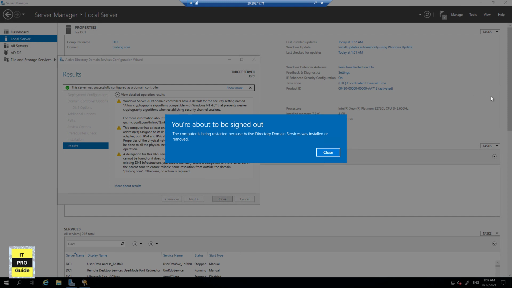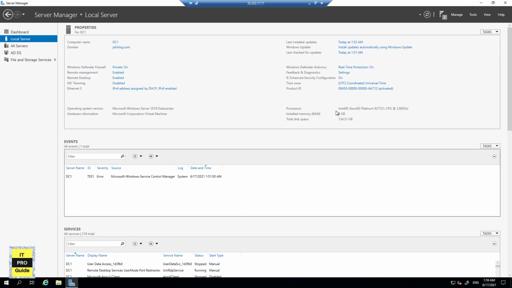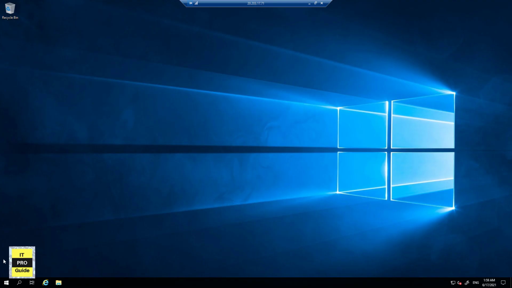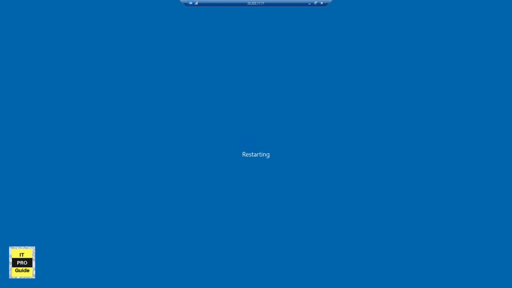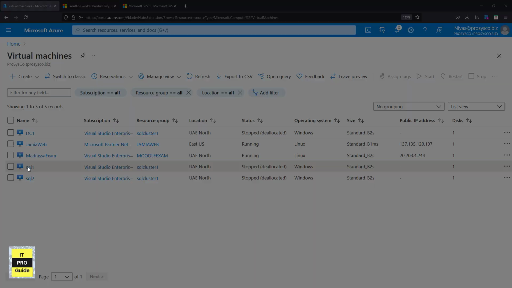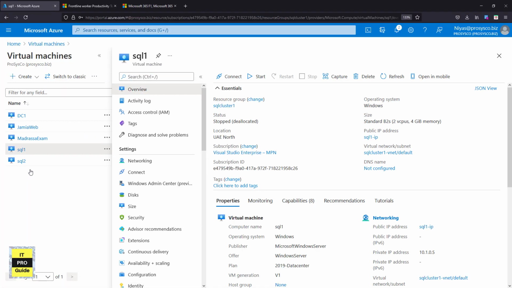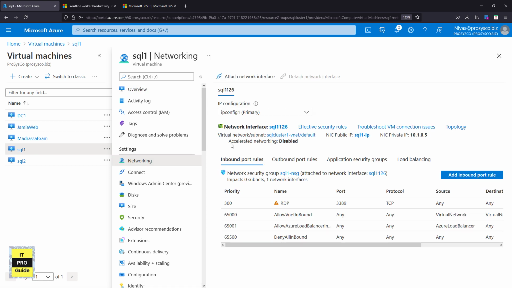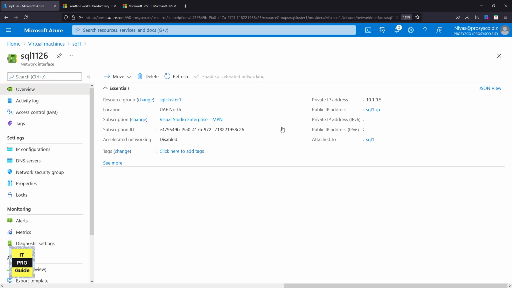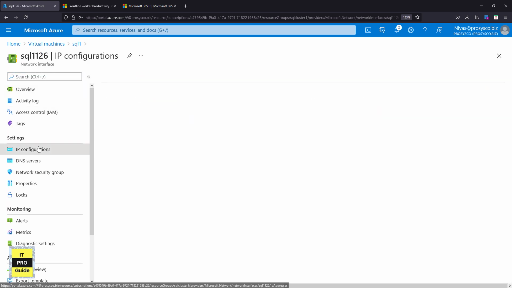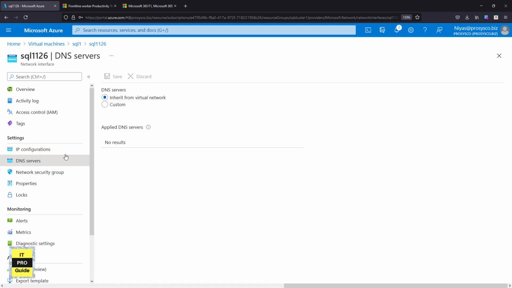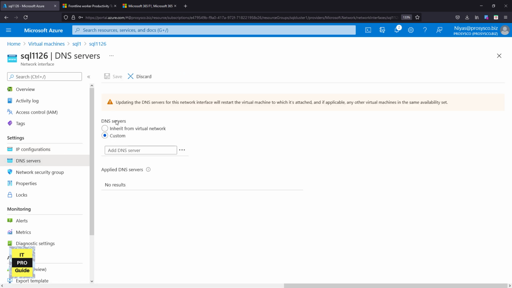The next step is to join the other virtual machines, that is SQL1 and SQL2, to the domain controller so that they will be a part of the domain. In order to join SQL1 and SQL2 to the domain controller that we prepared, go to the network configuration of the virtual machine, then from the DNS server, select custom, then enter the DNS server IP address, that is